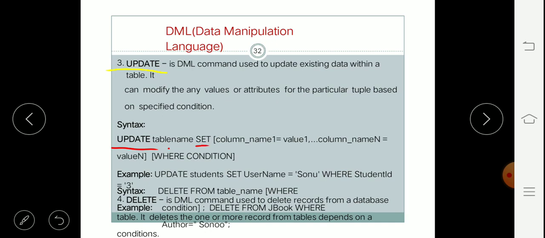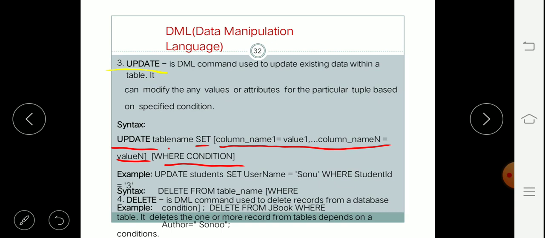What we are setting, we write: set column name 1 is equal to value 1, comma, column name n is equal to value n, etc. Here at a time you can modify or update multiple values also. You can use one column-value pair or multiple column-value pairs, and here you have to write the condition. So this is the syntax of update.